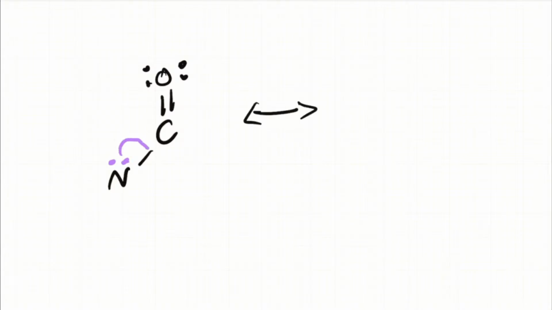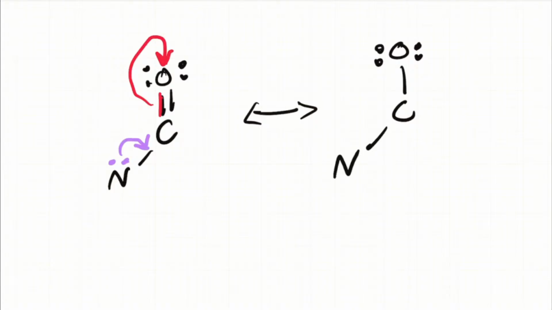Rather than only seeing the molecule like this, we need to also remind ourselves that these electrons are pretty important, because there's a resonance structure that I can draw that shows these two electrons going here and these electrons going here. And so now our perspective on this molecule might change a little bit.